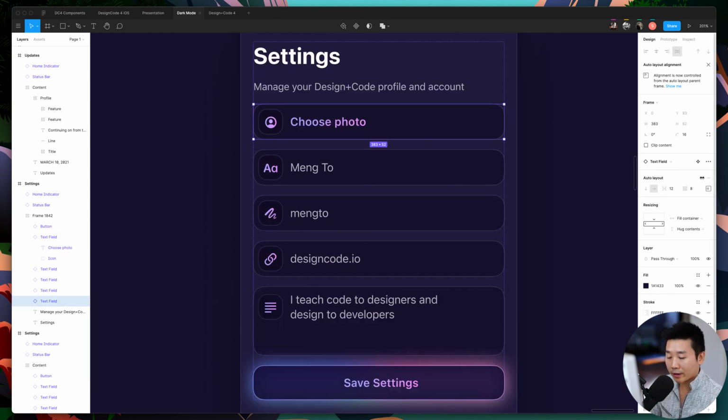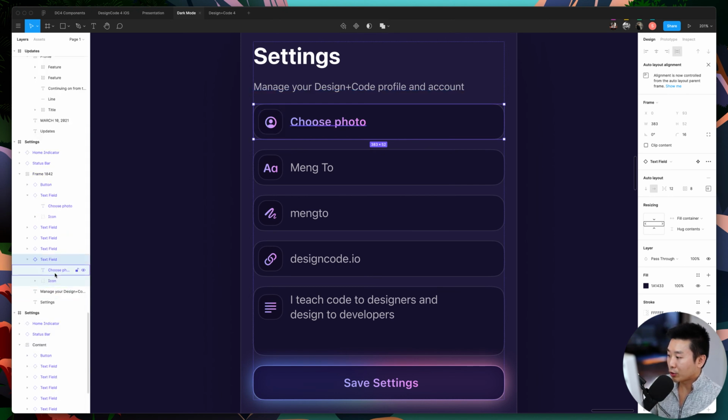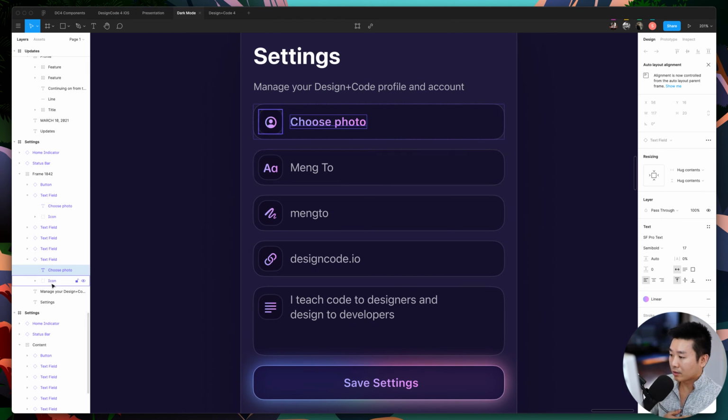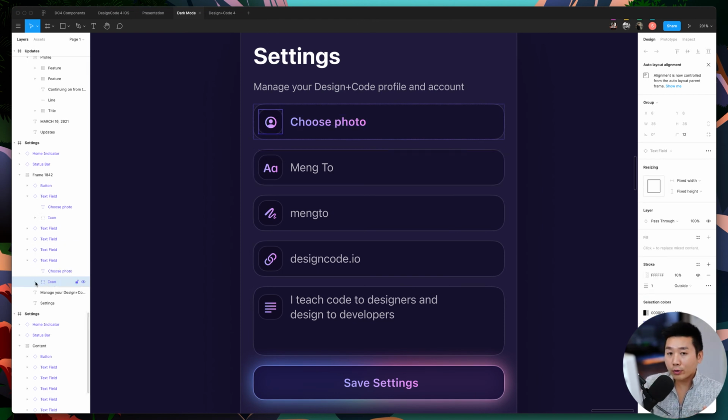So right here, I have a simple setup in place. I have auto layout, and it's set to be horizontal, which means that each item is going to be set across horizontally. If I open it, it's just one icon and a text. The icon itself is a group. Now, when you're using auto layout, it automatically spreads all your items across horizontally or vertically. If you don't set the group, then every single one of these elements, so let me ungroup this, you're going to see that,